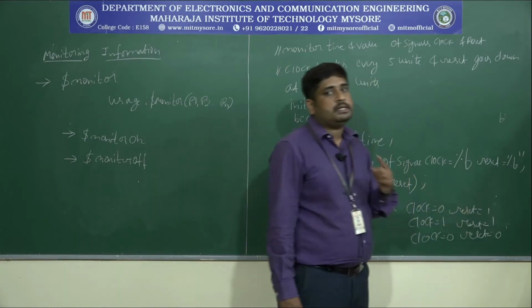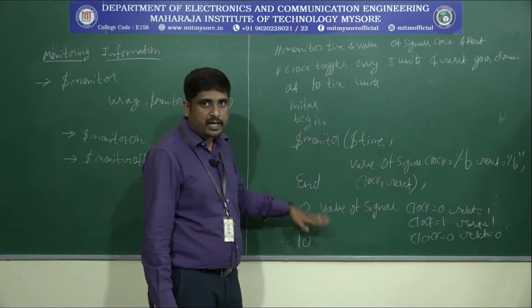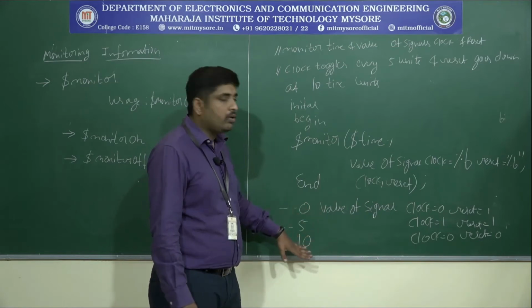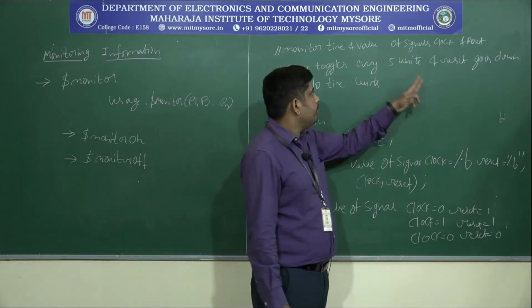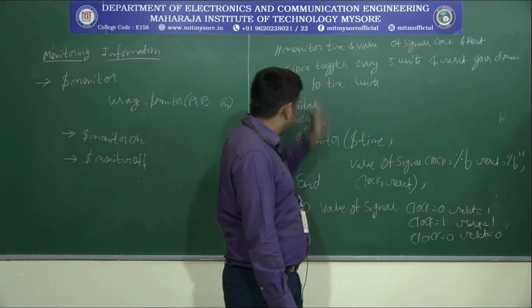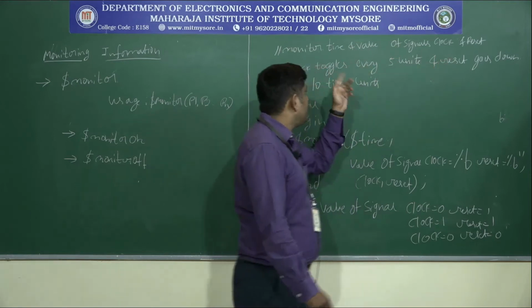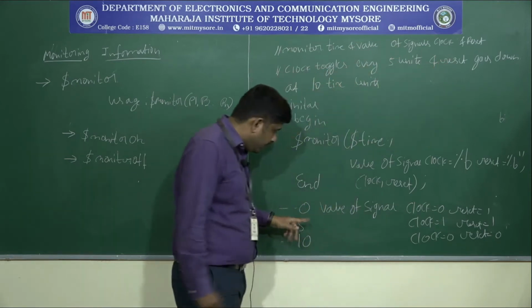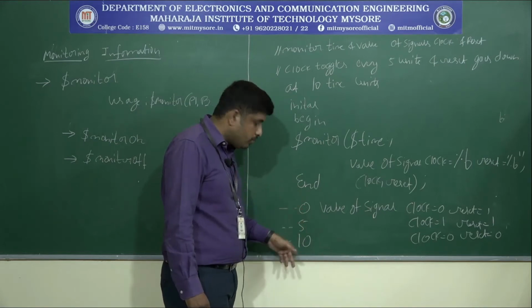But there is no change in reset, because here it is up to 5 nanoseconds. So next we have to consider 10 nanoseconds. When it is 10, he clearly mentioned it again applies: the clock toggles every 5 nanoseconds, and reset goes down at 10 time. So the variation between 5 and 10 is 5 nanoseconds, but the variation between 0 and 10 is